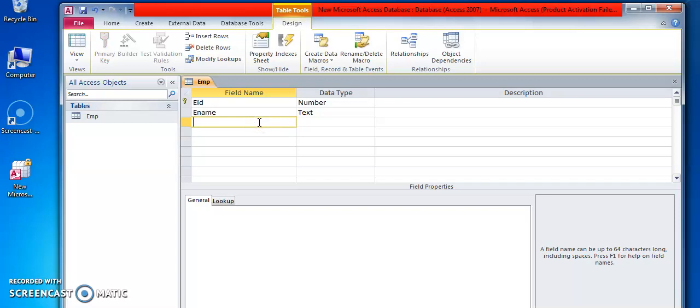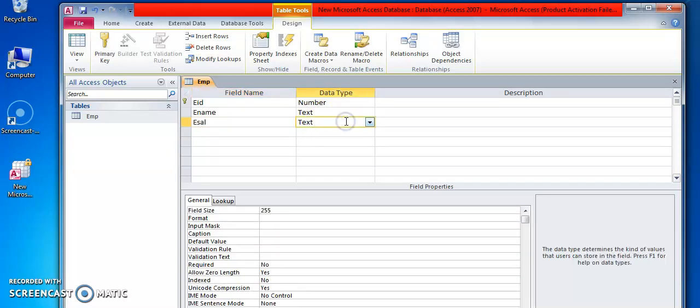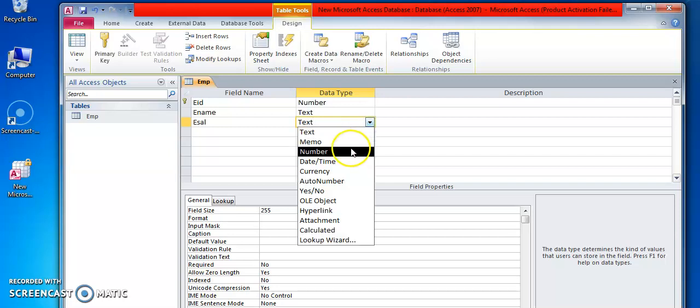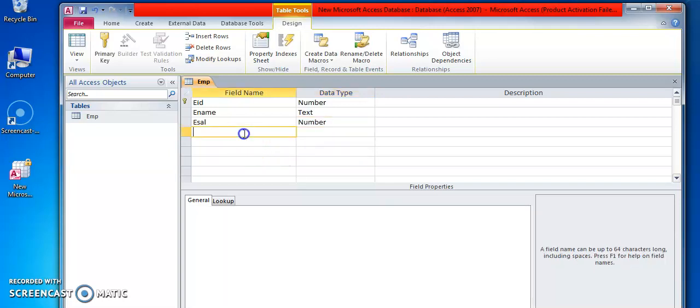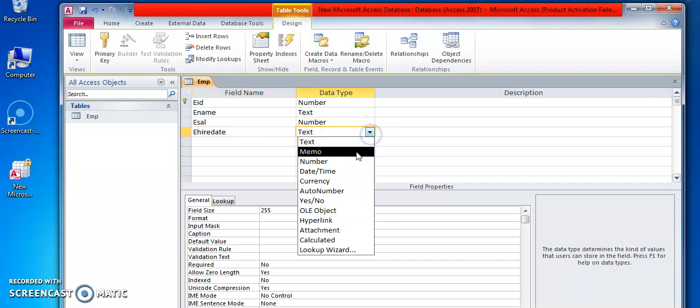Then after that, I am inserting the eCell column. For the eCell column, there must be a data type number. And finally, I am adding the last column as hire date. For hire date, the data type must be date and time. Press on this.